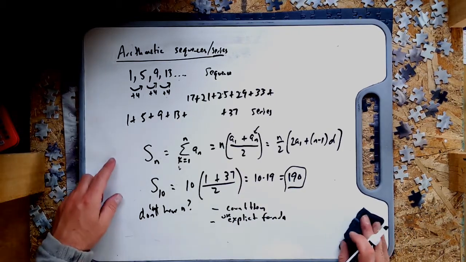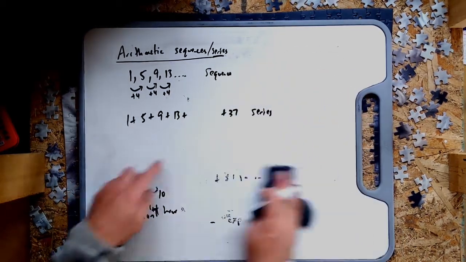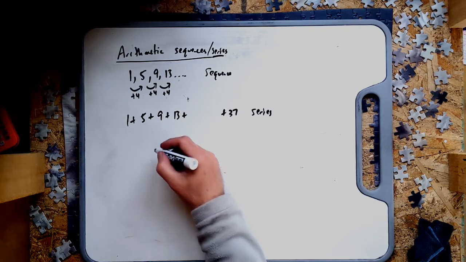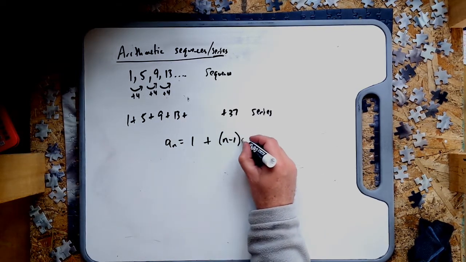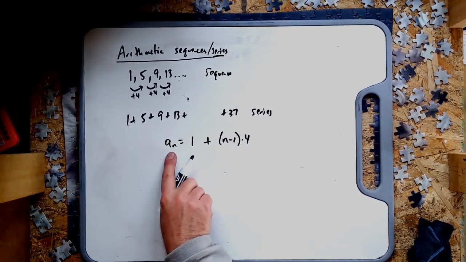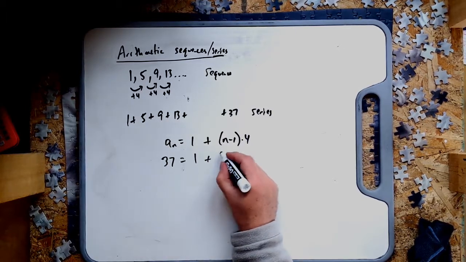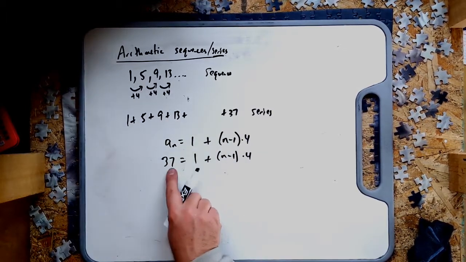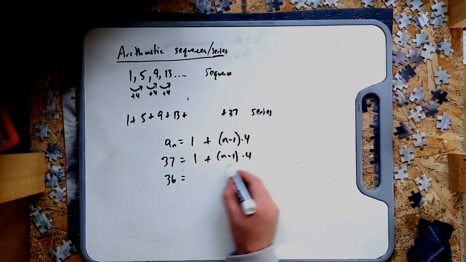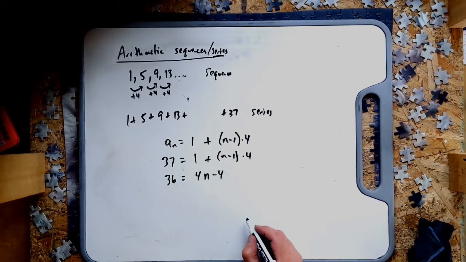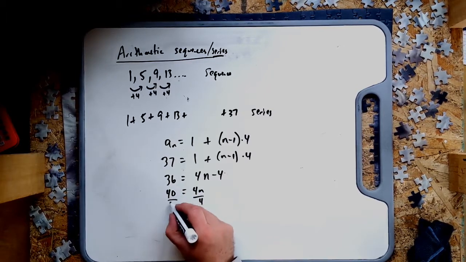And let me give you an example of that. So I'm going to erase these back here and show you how I would do that to find that this is 10. The 37 is the 10th term. So I can use my explicit formula, which is a_n equals a_1, which is 1, plus n minus 1 times 4. And if I put in a_n, my last term, 37, I can solve for n. So subtract 1, I get 36 equals 4n minus 4, add 4, and get 40, divide by 4, and finally